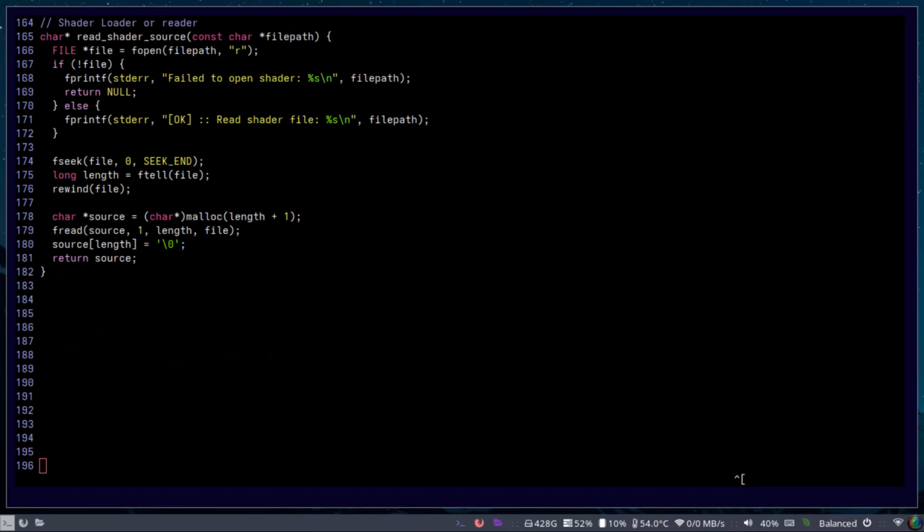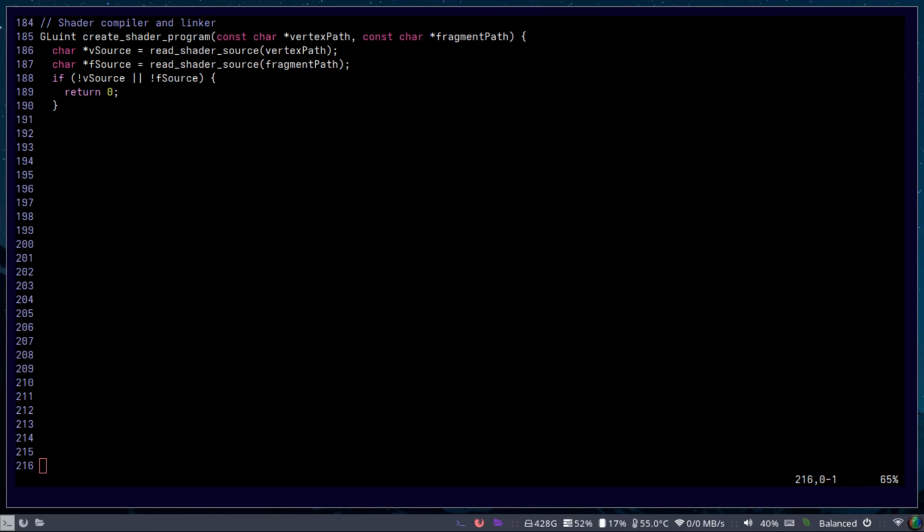Now we have the read shader source function. So we're going to have a shader loader function. This function is going to load the files for the vertex and the fragment shaders. Now we're going to have the compiler and the linker for our shader. So we have a function called create_shader_program. Now here I'm going to read the vertex and fragment